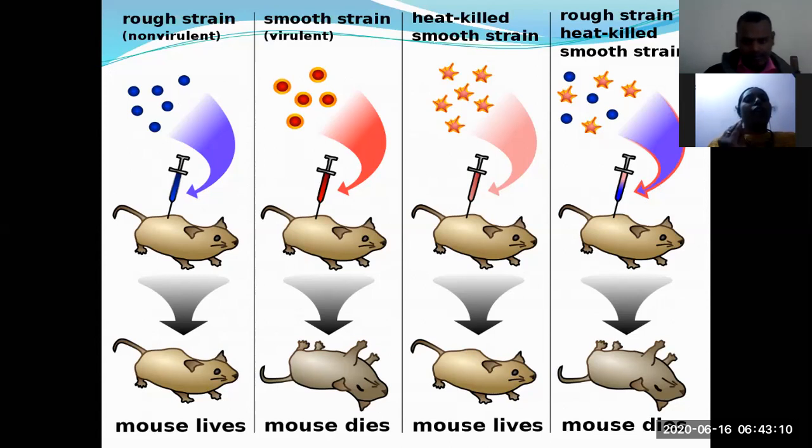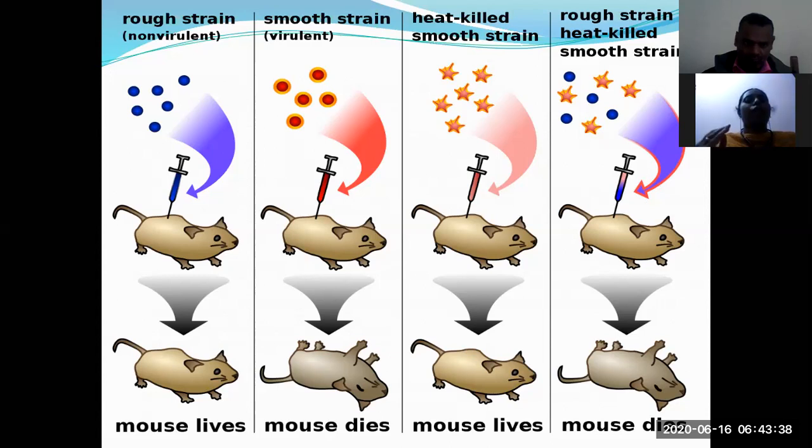So he goes for further analysis. Next, he injected heat-killed smooth strain. You see, smooth strain means disease-causing bacteria. So he prepared heat-killed smooth strain and injected it into the mouse. Surprisingly, this mouse